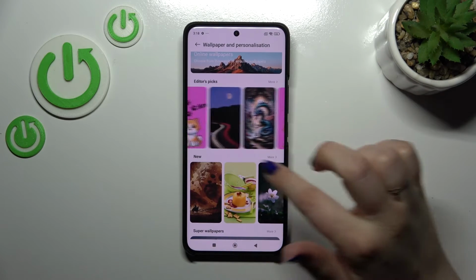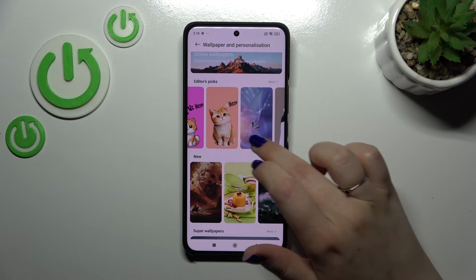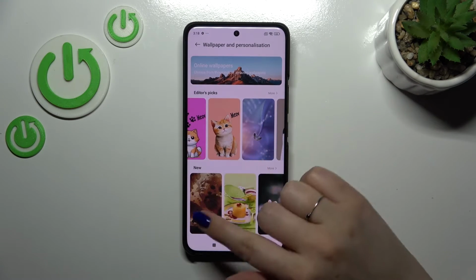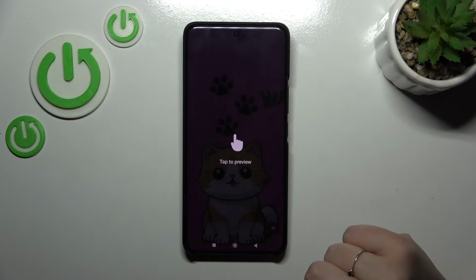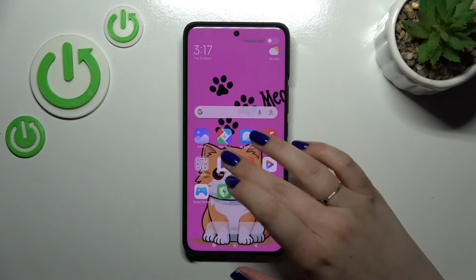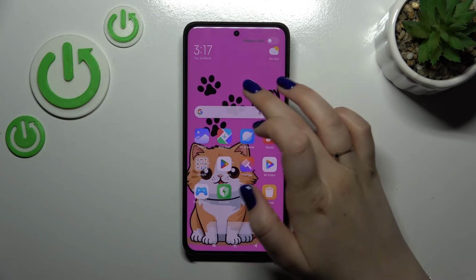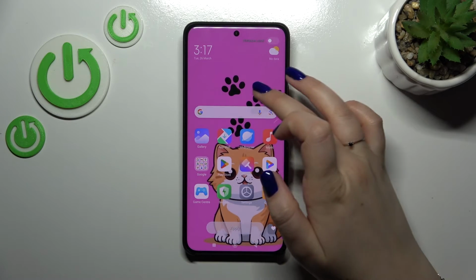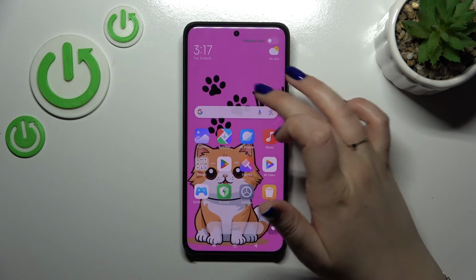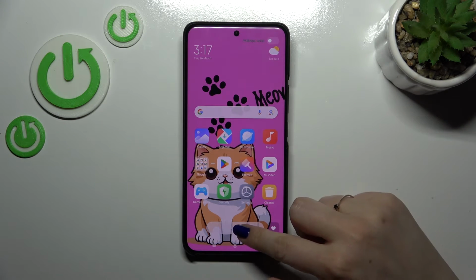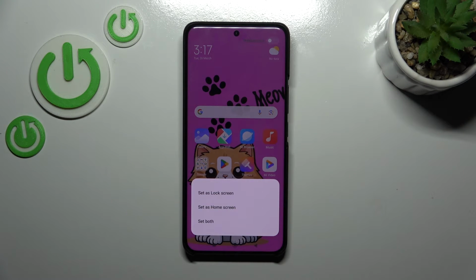So all we have to do is to find the wallpaper we'd like to apply, and let me choose maybe this one or this one. So let's simply tap on it to check the preview of it so you can see how it will look like on the full screen. I've got too many icons, but I will fix it later on. So you can also kind of change the position of the wallpaper so you can frame it like you want to, and if you're happy with your choice, just tap on apply,